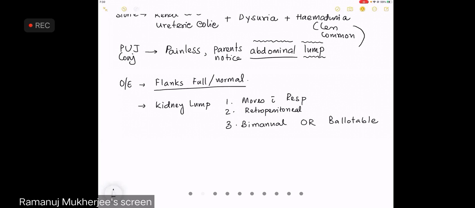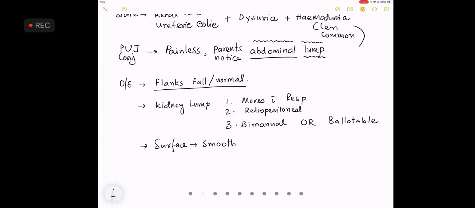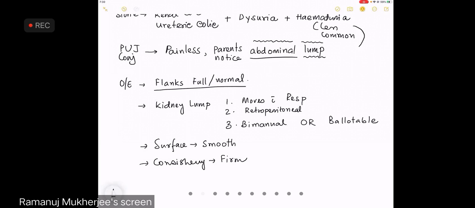So, in hydronephrosis, the surface again usually is smooth. Consistency is firm. Now, I hope you understand that this looks exactly like the same thing as the